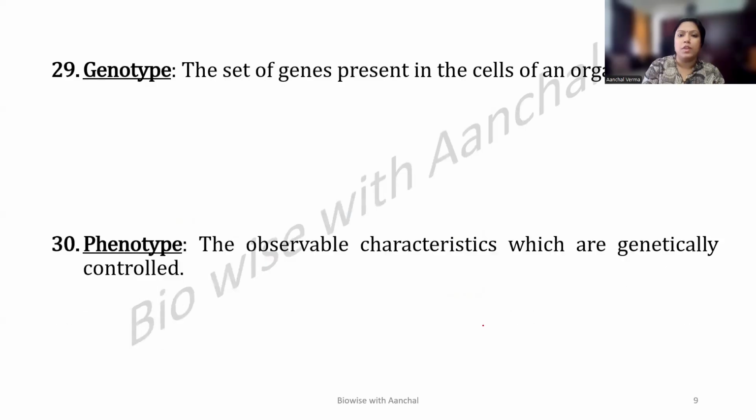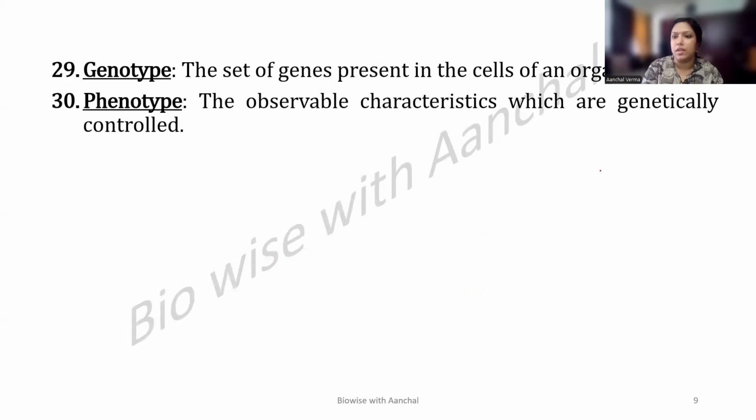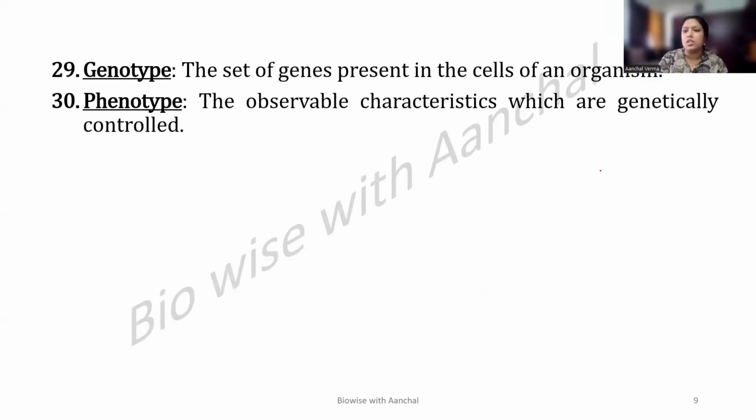Okay. Moving to the next, genotype, a very important definition. What is genotype? The set of genes present in the cell of an organism, or you can write the genetic makeup of an organism, is called the genotype. The genetic makeup of an organism is called a genotype. A set of genes present in the cell of an organism is called its genotype. And